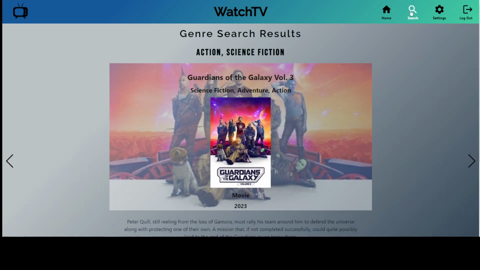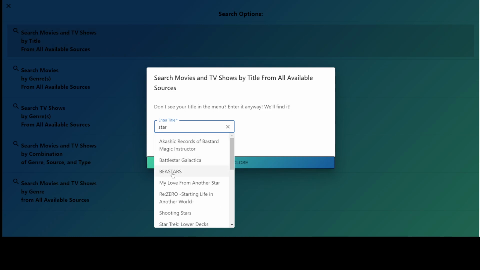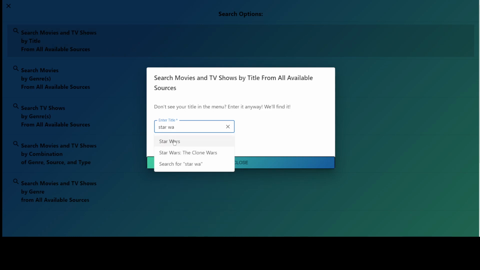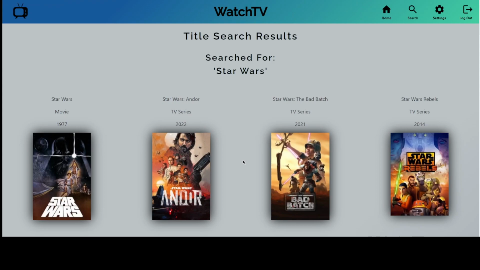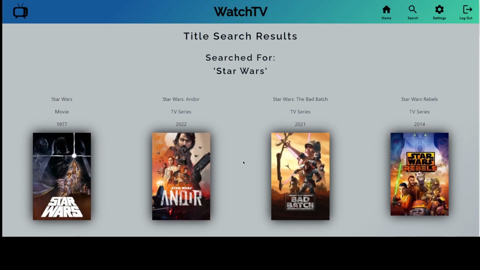So I think a much better way to do this would be this other option that we looked at before with the title search, like this. So I'm gonna refactor the genre search results to look like this, because I think this will provide a better